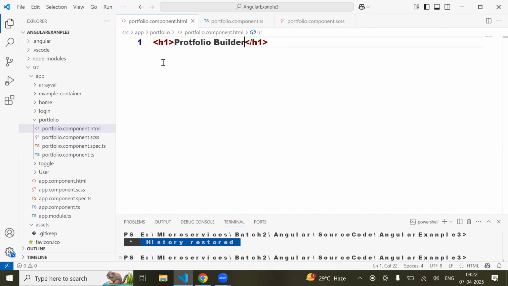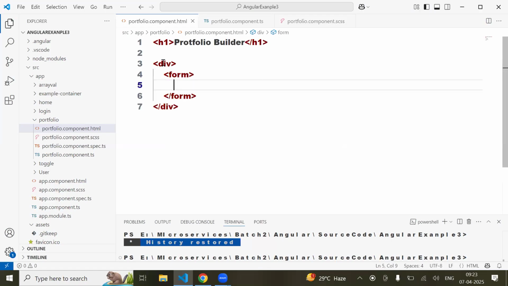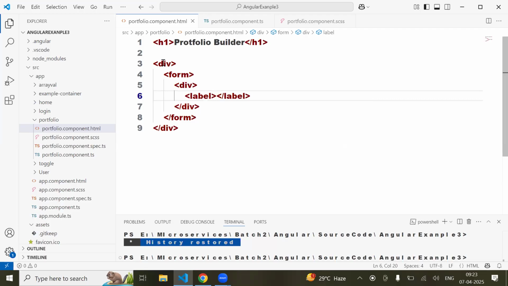Okay. And then I'm using a div under which I'm using a form tag. In the form tag, I'm going to use another div. There I'm going to have a label saying that name